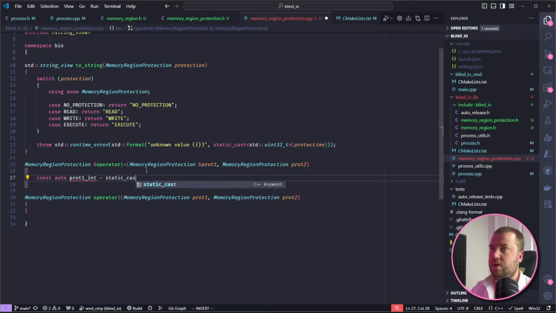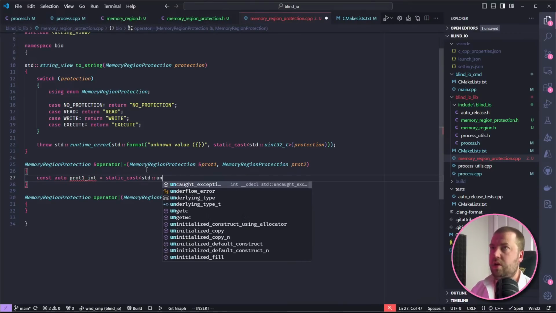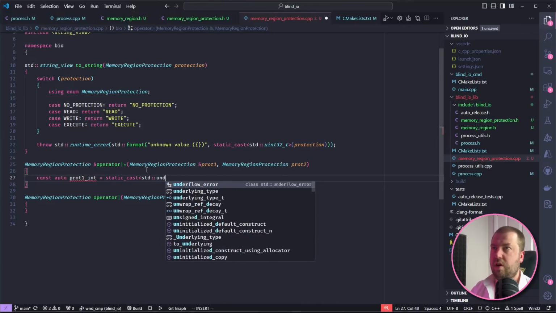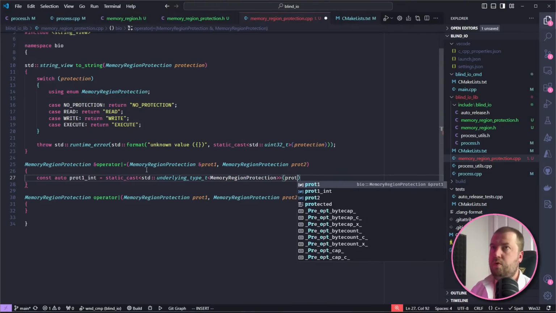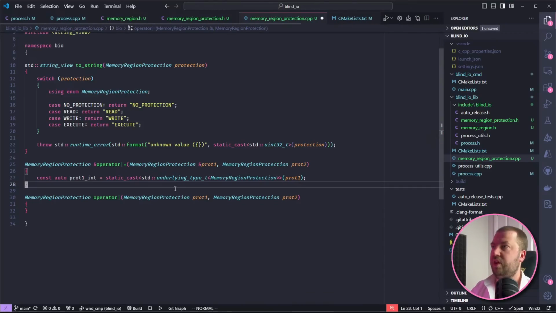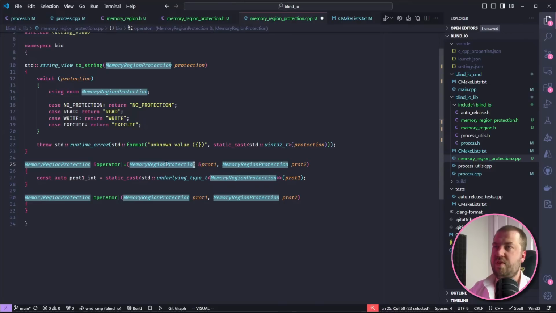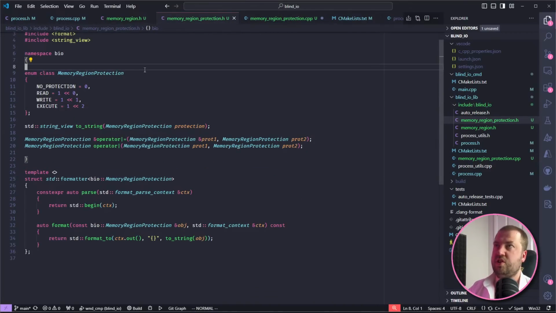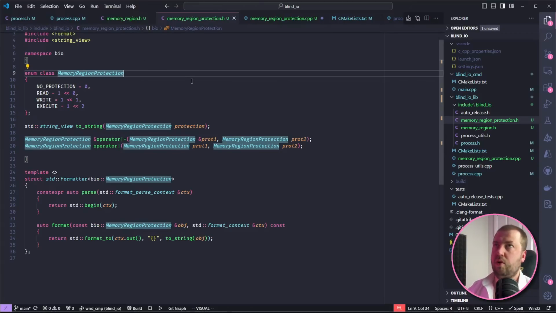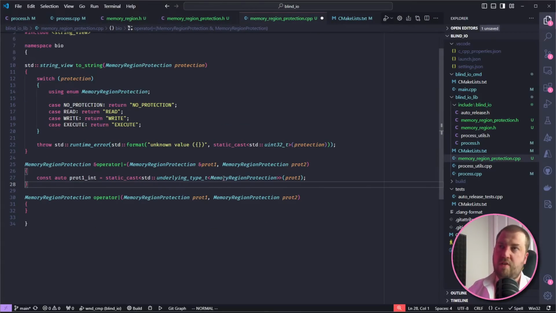So static cast, and this is where I'm going to use the underlying type of memory region protection prot1. What this does is it converts from this enum class to an integer, but it's whatever integer type is backing. So if we go through and change this to be a 64-bit int or an 8-bit int, then this code won't ever have to change.